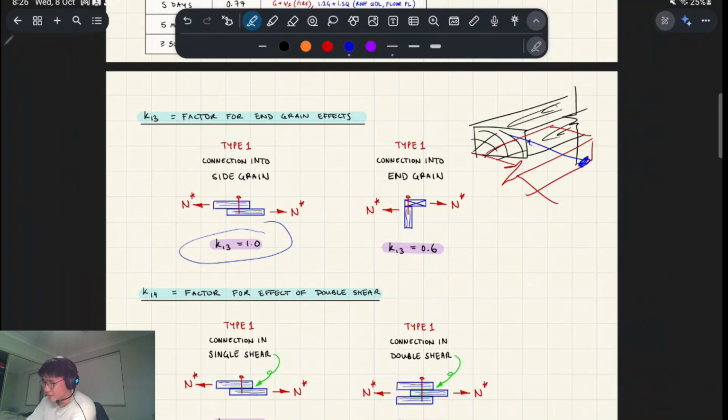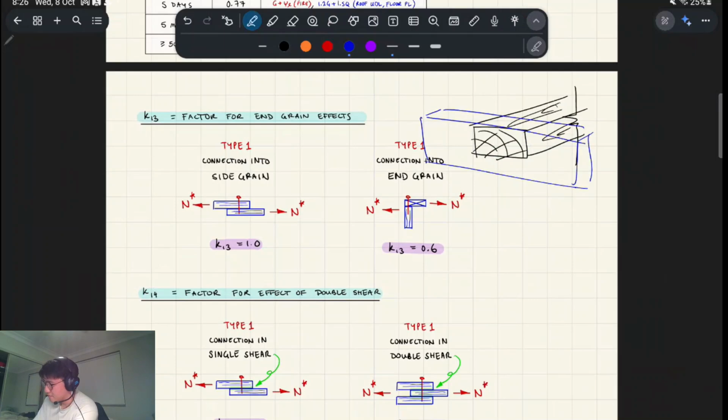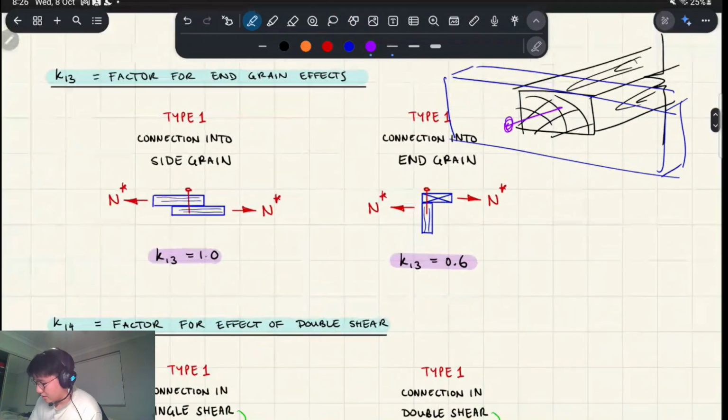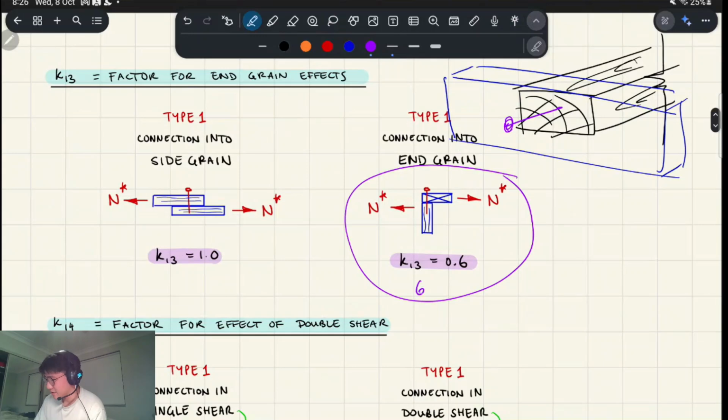But what happens is if you have an end grain connection instead, that's a good example. Let's say it's like a T joint kind of thing, and it's going into the end grain. That's essentially going to be worse, right? This one is only going to have 60% of the strength. So if you think about it, and if we continue our analogy that we talked about in week 1,